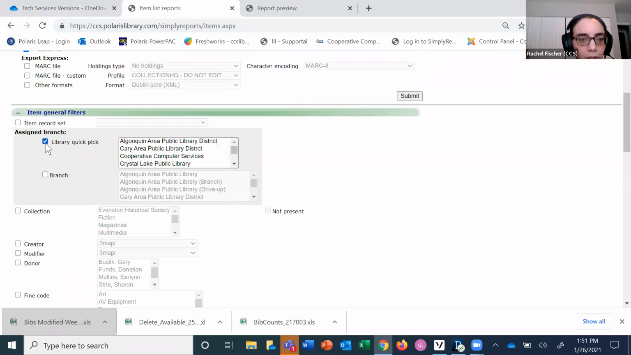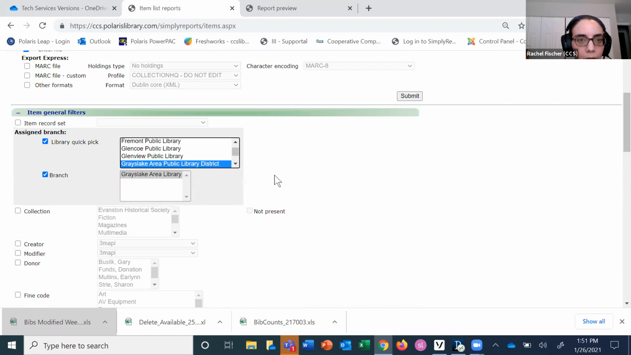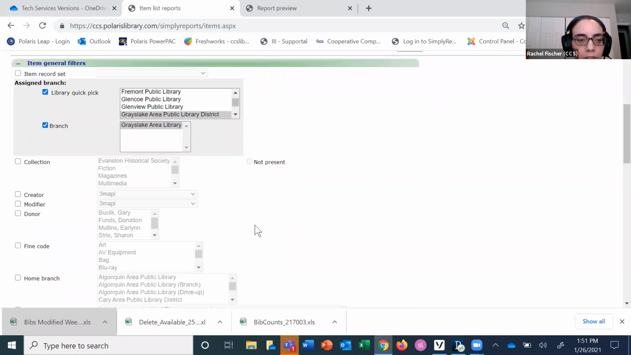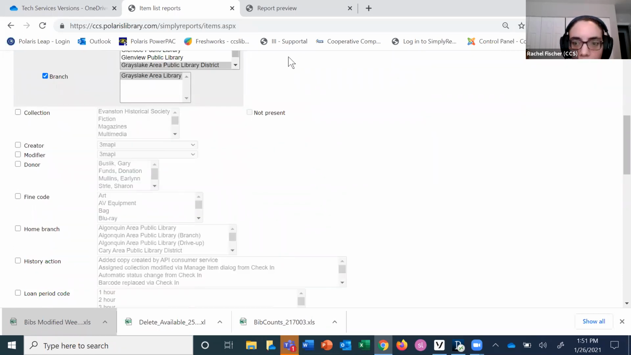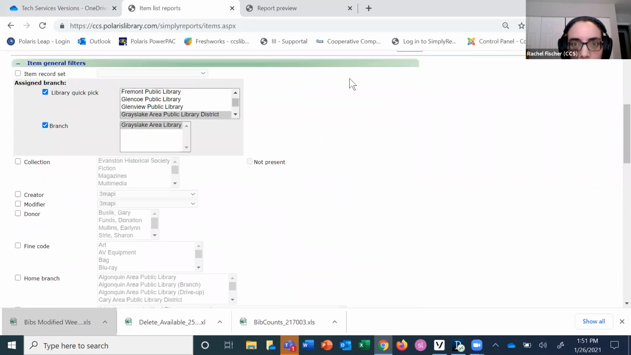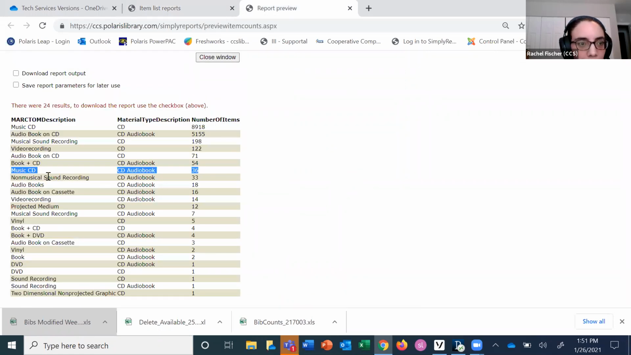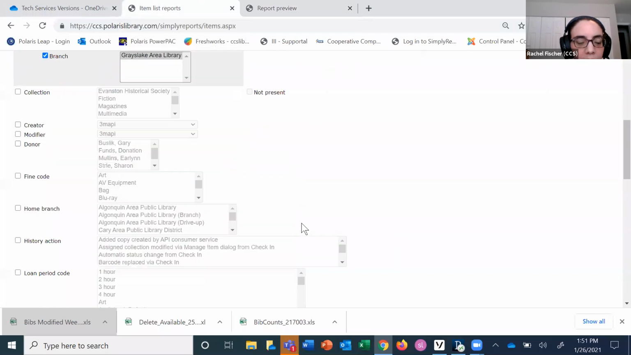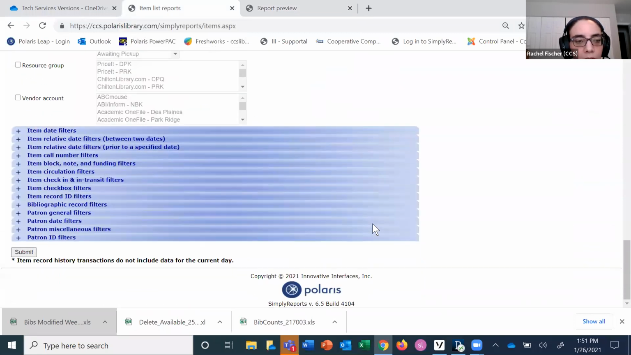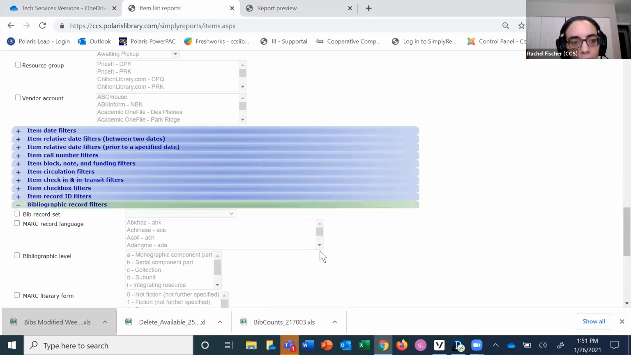So we're going to filter using the library quick pick to select Gray's Lake. And the next step is deciding which material type filters we need. If we look back at our preview, we've got the MARC type of material as music CD. And so that is the bibliographic record filter. What you need to do to find that is go down to the bottom where it's labeled bibliographic record filters